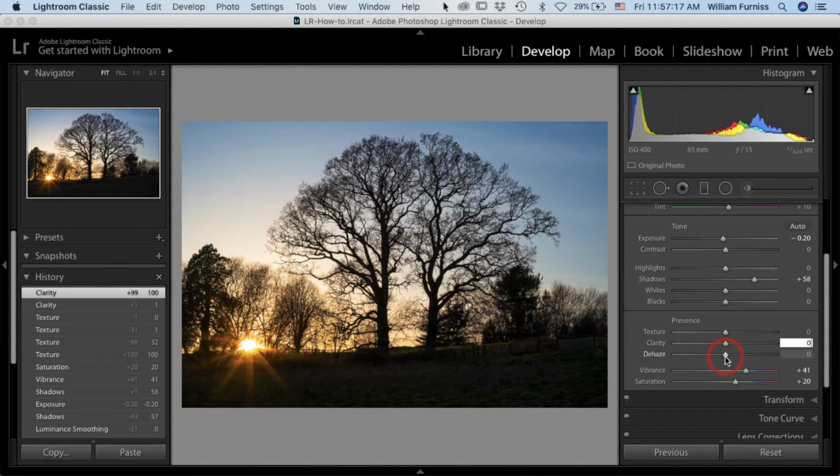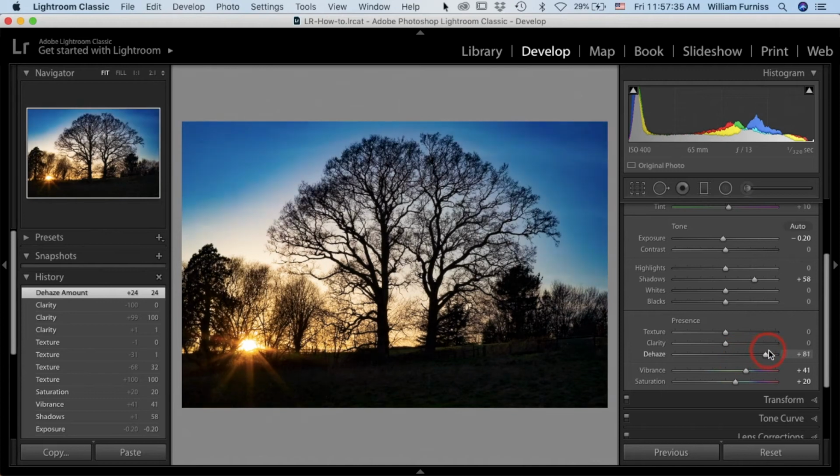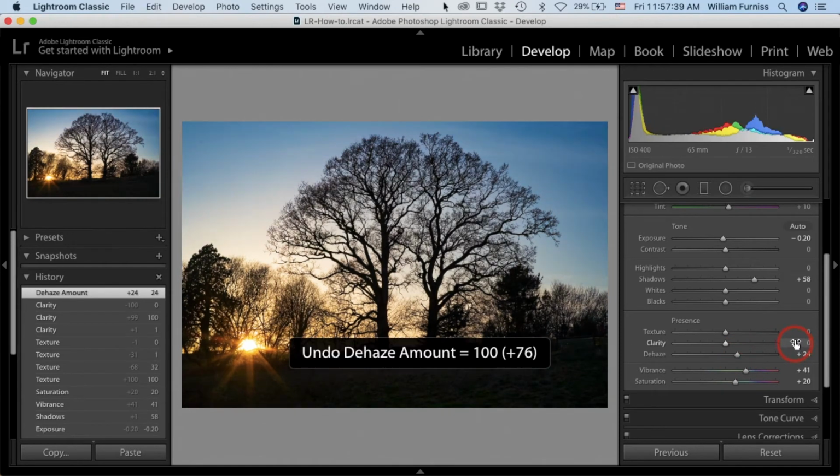Another one is dehaze. Dehaze can be useful. It does what it says on the tin. It gets rid of haze or smog or pollution in the air. Dial it down a bit and you see it's just going to saturate the sky slightly. Once again, use it carefully. Otherwise you can go very, very wrong. Okay,